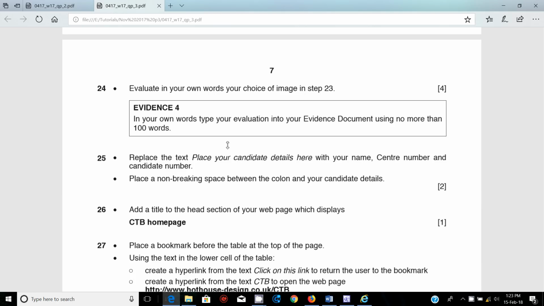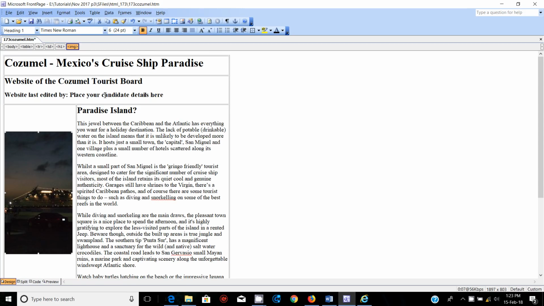Okay, so step 25 says replace the text "place your candidate details here" with your name, center number, and candidate number. And let's go ahead and do that. So it's here, and that's where we're going to do that. So just do that. Chikasa Evans ZM 556 and 0001. Okay, so that is that. Next,